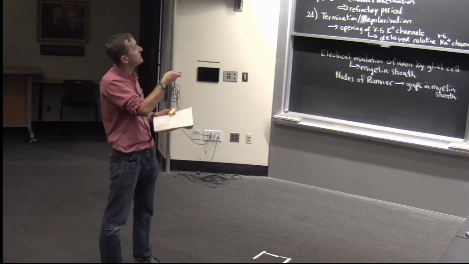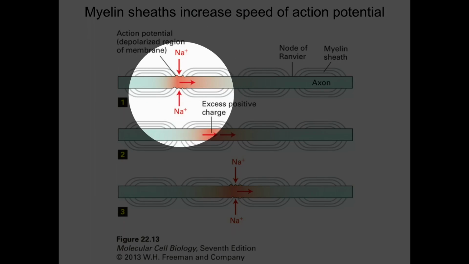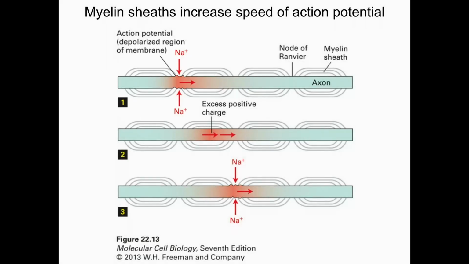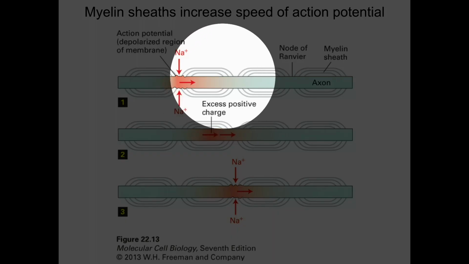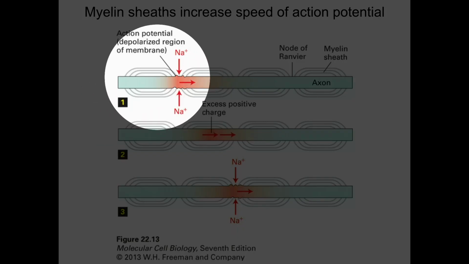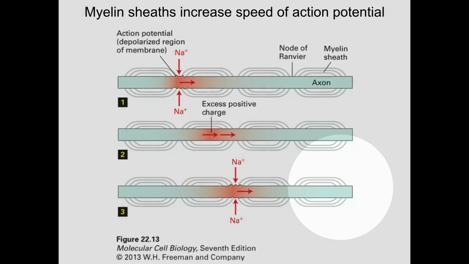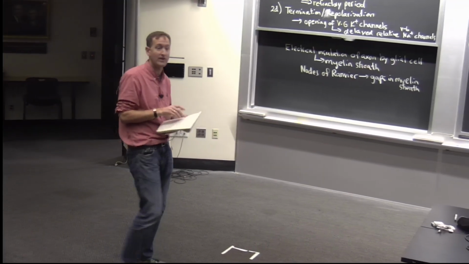And so the sodium channels and potassium channels, the voltage-gated ones, localize to these nodes. And when the action potential is traveling along the axon, because these regions where the myelin sheath is are electrically insulated, the action potential doesn't just move continuously, but jumps from node to node, such that you're just opening the sodium channels at these nodes, and that allows the action potential to travel about 100-fold faster along the axon,